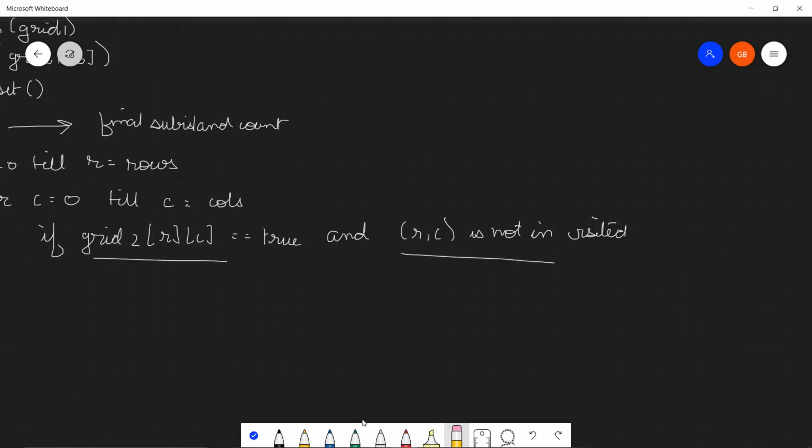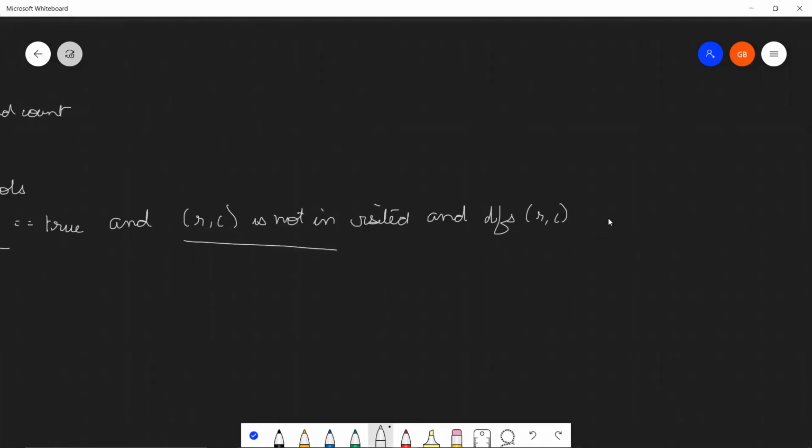So if our DFS is actually returning us true, right? And the value returned by DFS of R comma C is actually equal to true. I don't need to write equal to true, I'm just elaborating a little bit. So three conditions.